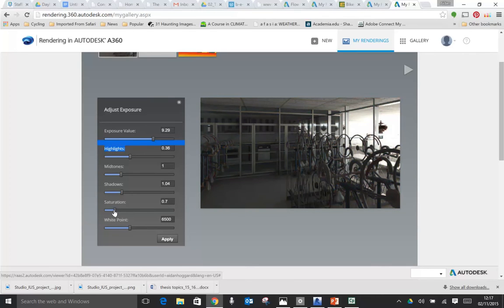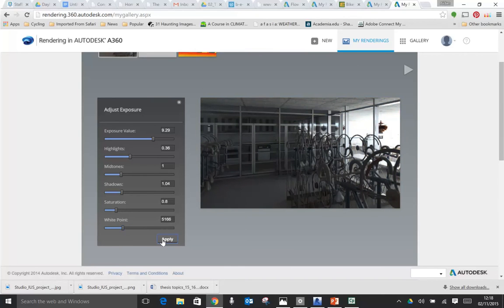Very useful actually if your model does not have very good quality materials. Often, if you knock that back to a grayscale render, you can get away with that. White point setting. Okay, so you can change all of those settings